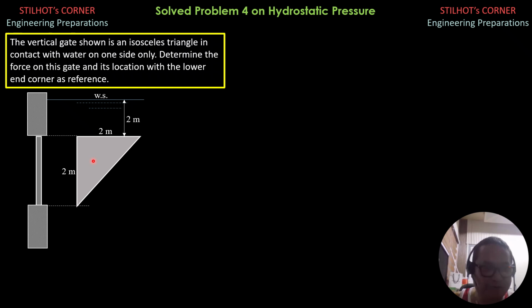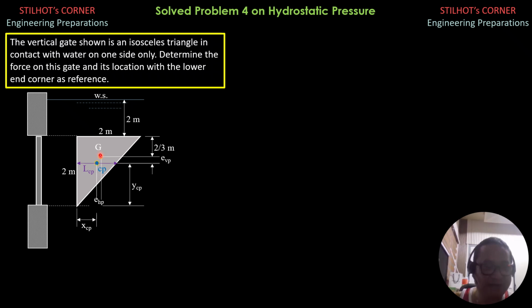Let's compute for the force which acts at the center of pressure, and let's locate the center of pressure with reference here. And we will call the coordinates of the center of pressure x sub Cp and y sub Cp. First, let's locate the centroid of area. The centroid of area is 1/3 of 2 from the top. So that's 2/3 as shown. That's the centroid of area, G.